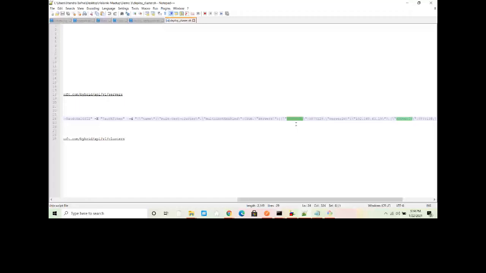And now I'm creating a cluster. Okay, if you see, it has created the cluster successfully. I got the success response. Let me go back to my endpoint.